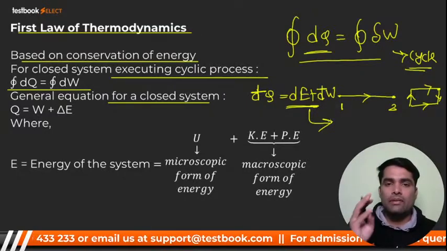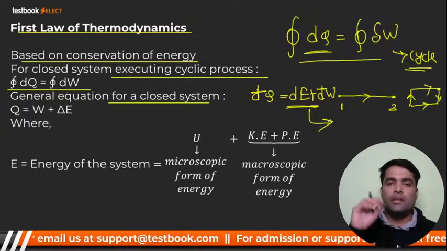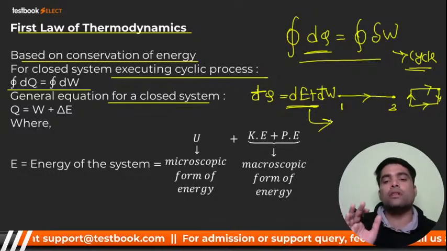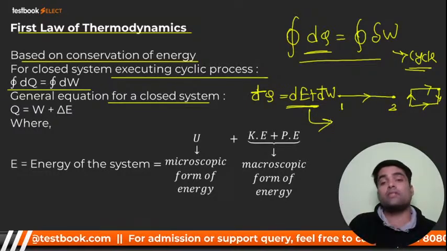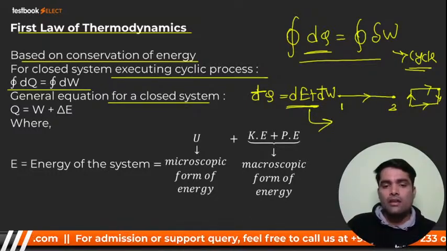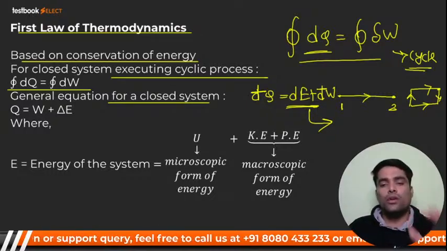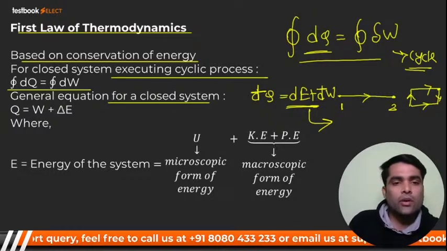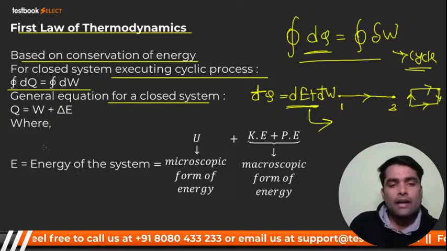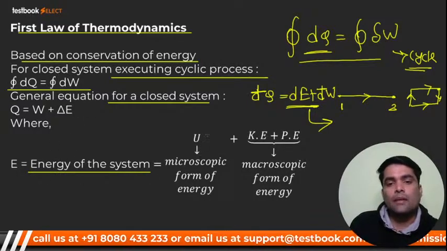ये एप्लीकेबल है रिवर्सिबल के लिए, ये एप्लीकेबल है इरिवर्सिबल के लिए, ये एप्लीकेबल है ओपन के लिए, ये एप्लीकेबल है क्लोज के लिए, दोनों सिस्टम के लिए, दोनों प्रोसेसेस के लिए। ओके, ये नहीं कि रिवर्सिबल के लिए एप्लीकेबल है, इरिवर्सिबल के लिए नहीं है, दोनों के लिए एप्लीकेबल है, ओपन क्लोज दोनों के लिए। ओके माय डियर, ये हो गया आपका जनरल इक्वेशन, राइट।